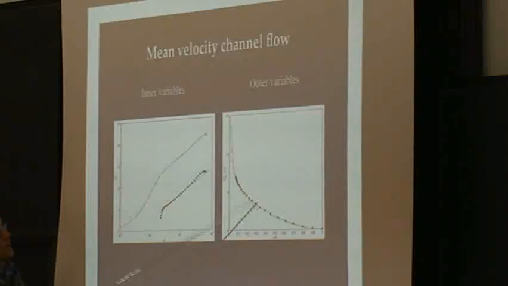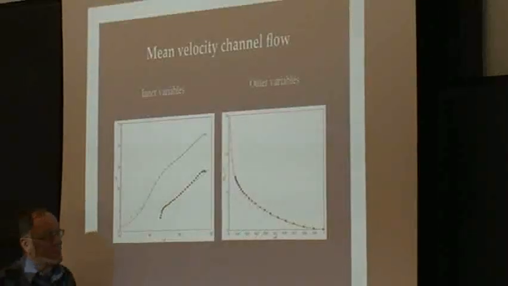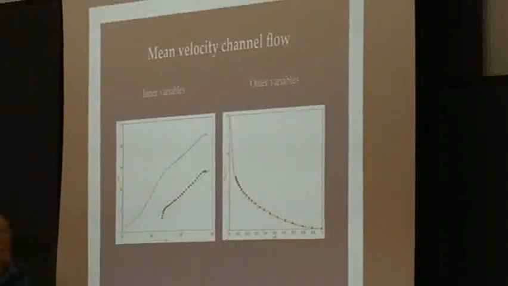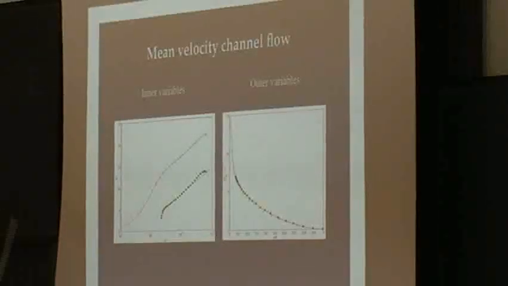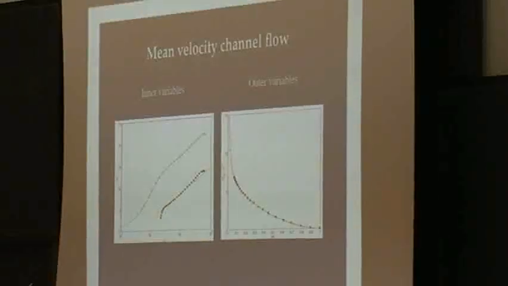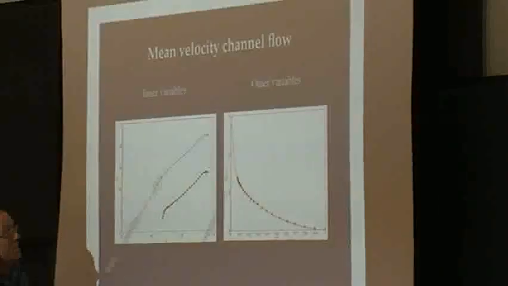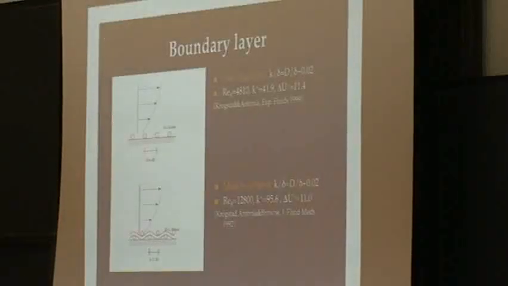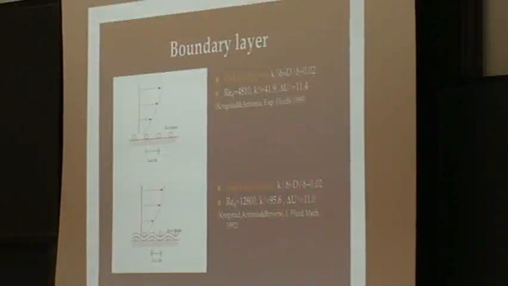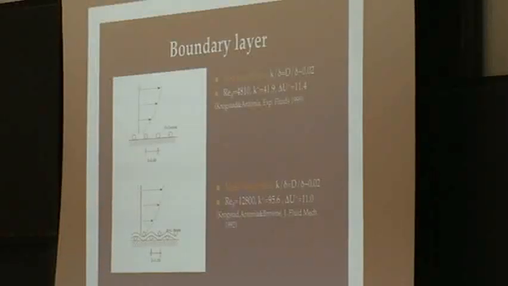But when you plot the velocity defect, we see that in this case there is a small shift in the data, not very much, and you find the same shift in the DNS as we found in the experiments. But we would say that this effect now is rather small. When we do the boundary layer, we would perhaps expect to see larger effects of the surface roughness.